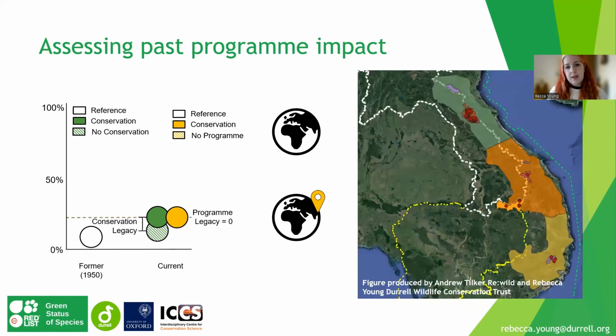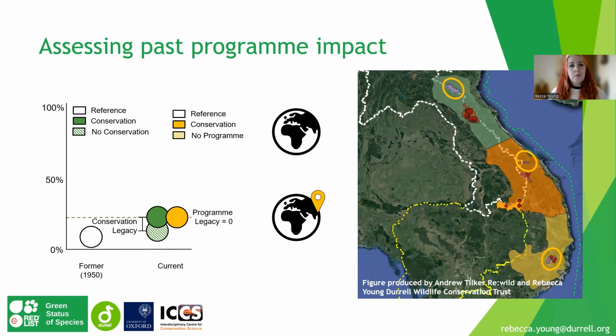In this example, this is actually a programme working on several species in the Annamite Mountains. Specifically for this species, the organisation is working across 3 protected areas. You'll see that the species, which is the red dots, is only found in one of the 3 protected areas. This is not to say it's a flaw of the programme, because as I said, it's designed to focus on several species. But it means that for this specific species, it will be harder to see an impact of this programme purely because of the geographical scope of it.